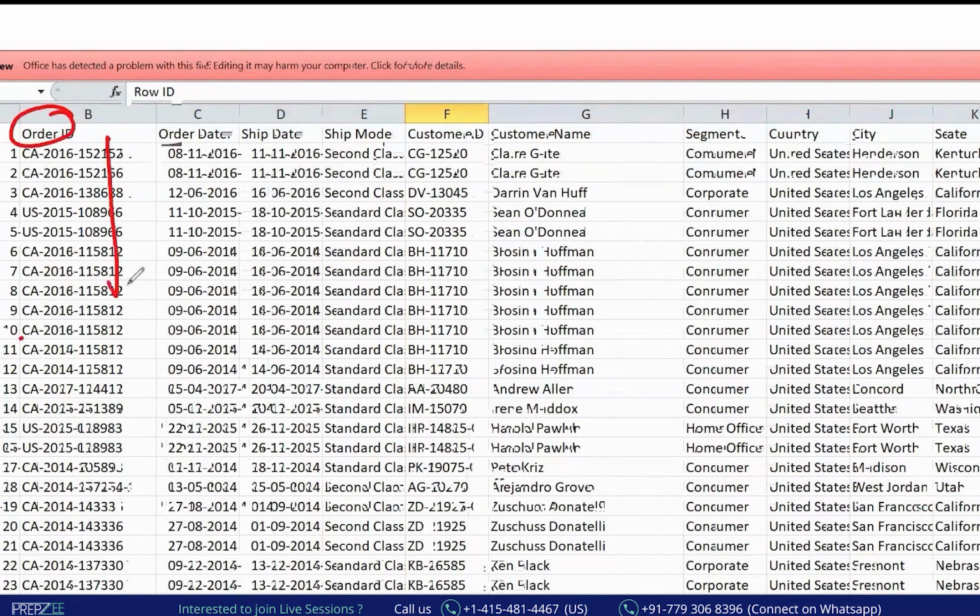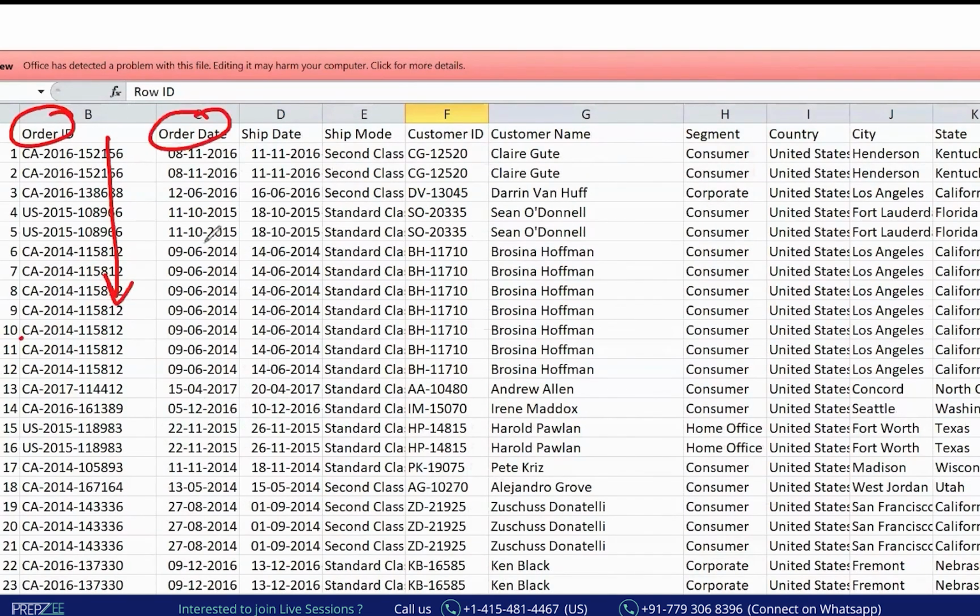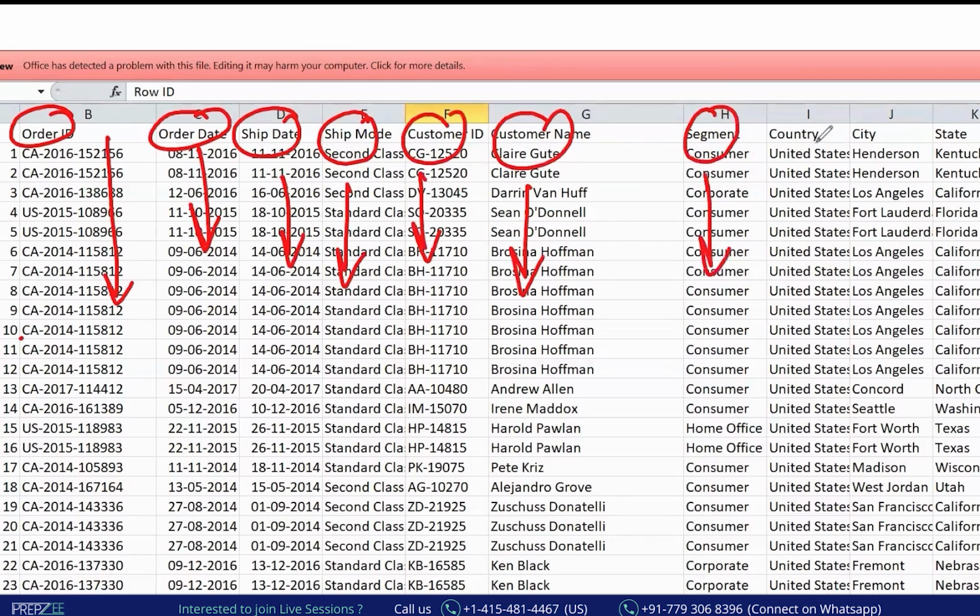Order ID means the ID of the order, the date on which the order was placed, shipment date, mode of the shipment, customer ID, name of the customer, segment in which the product was ordered, country, city, state, and some other columns. So please spend 50 seconds over that before I give you the problem statement,